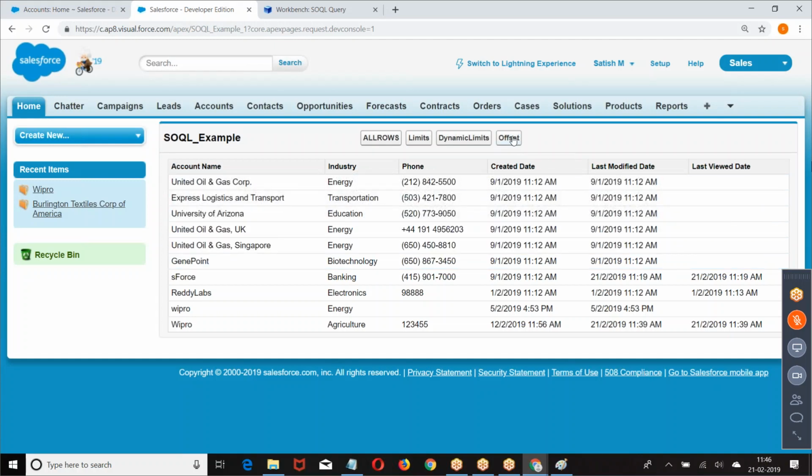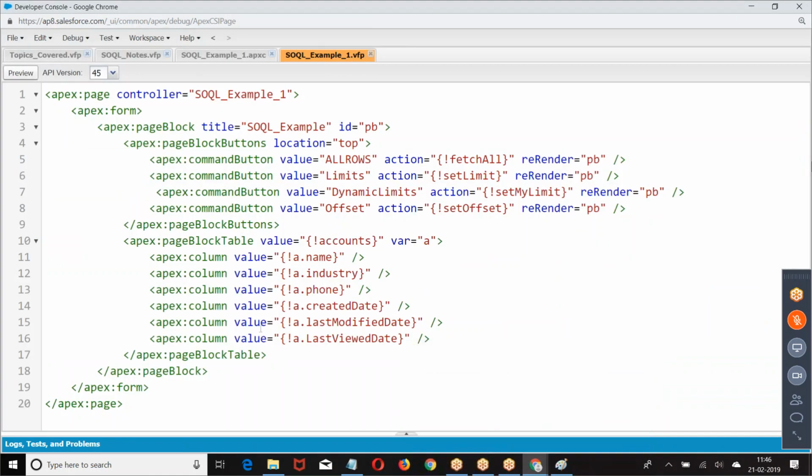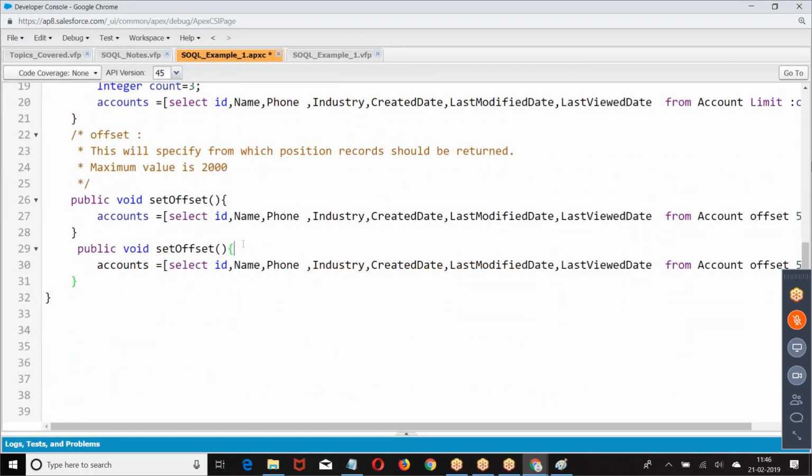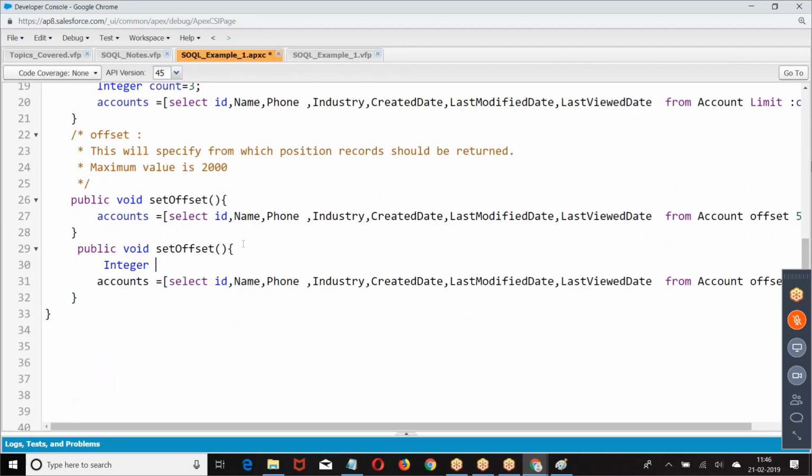From which position do I have to give the records? Let me give you one more example. Integer offset.